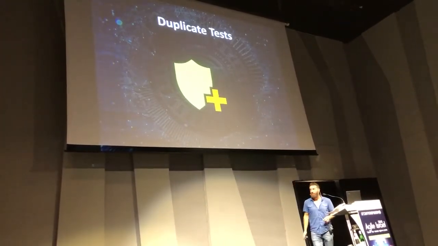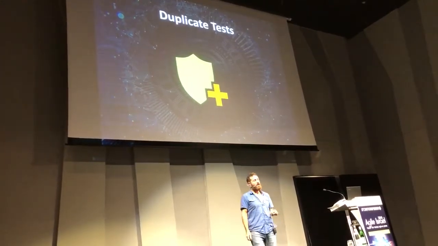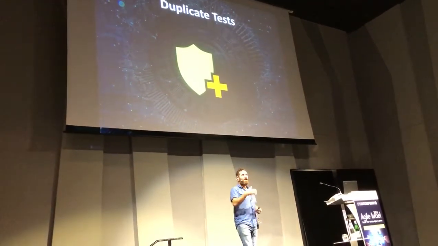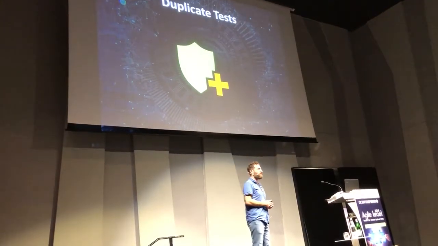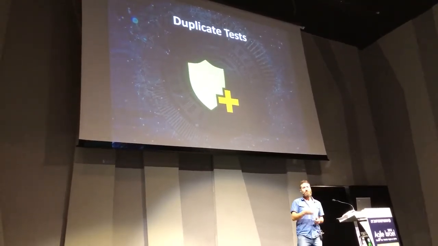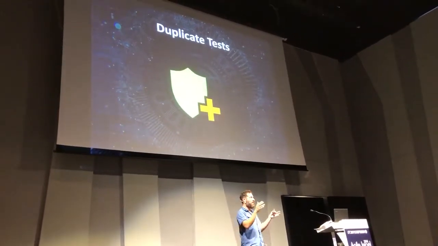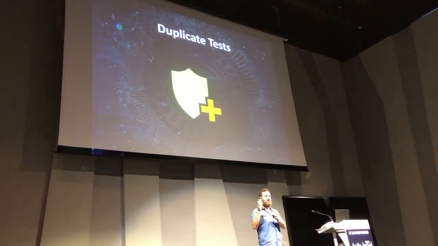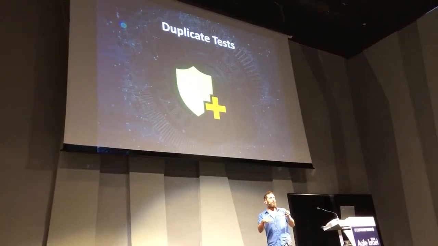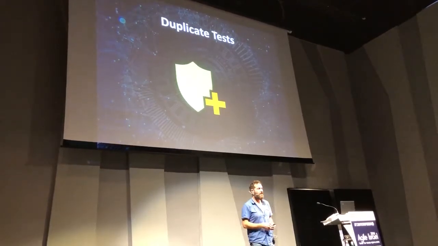Another part of the code which is important is duplicate tests. When we analyze the code and create tests, we can create the same test many times. So we have another part of the machine learning to try to understand what tests we already have the same scenario for, and we're not going to run them again. So even if we have legacy code with 20% of it covered, and we run this through this machine learning system, we won't get duplicate tests. Duplicate tests are bad because then we have 2 tests failing for every failure, and that will just put noise into the system.